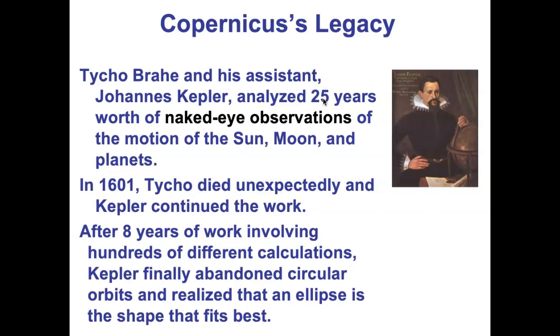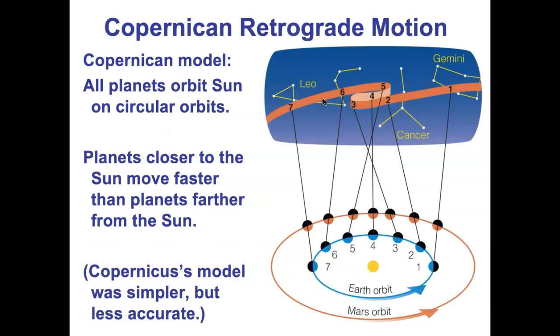This is basically the world's worst accounting homework. His boss gave him a giant spreadsheet and said, figure it out, and then the boss died, and left Kepler to the job. After years, Kepler figured out that he had been making one basic assumption. And this is the same assumption that Copernicus made. Copernicus said that the planets orbit the sun in circular orbits, perfectly circular orbits.